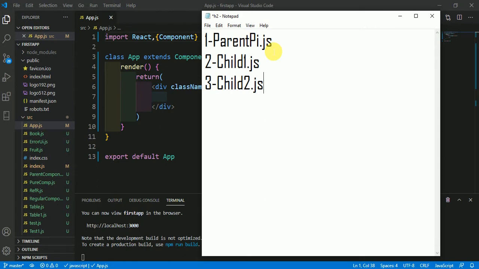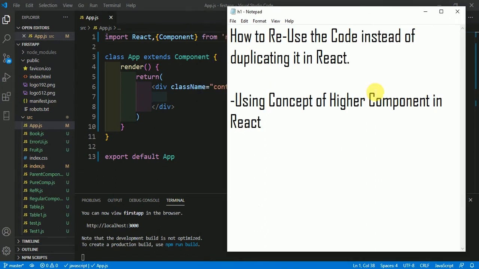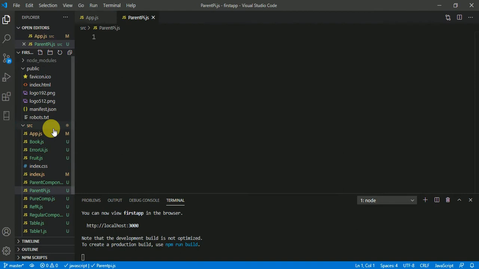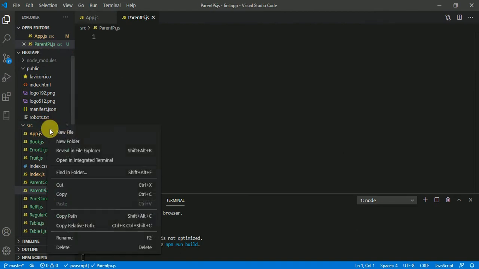In parent.pi.js we are going to write the logic and we are going to use that logic in child1.js and child2.js using the concept of higher order component in React. So let's begin. New file parent.pi.js and child1.js and child2.js.